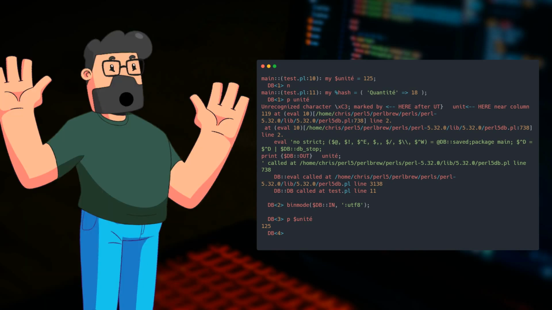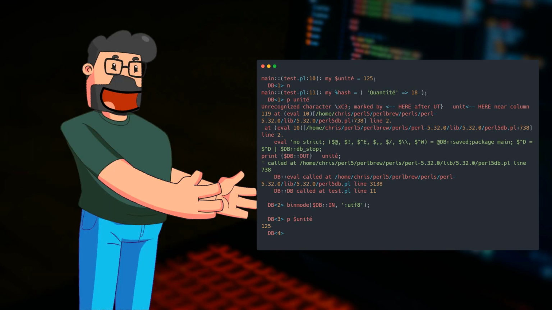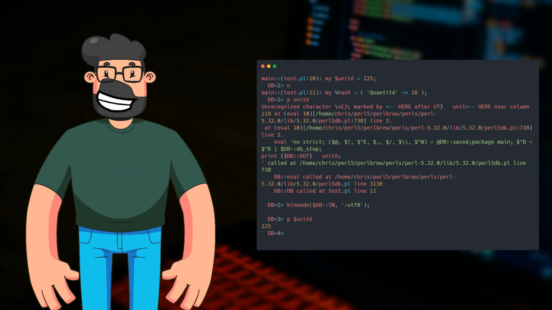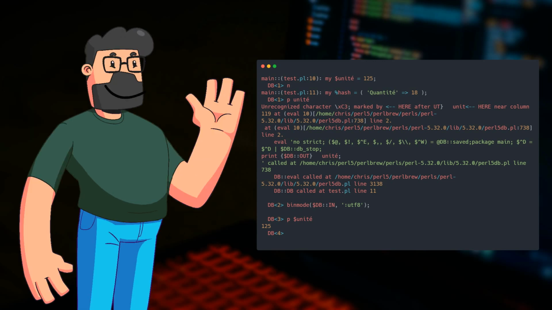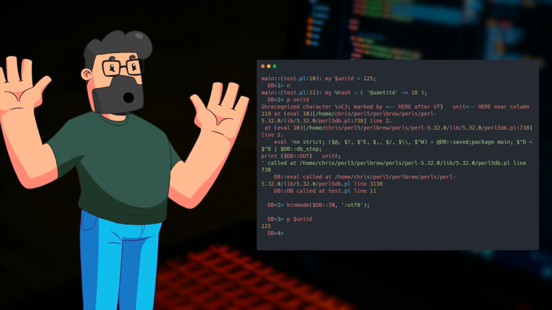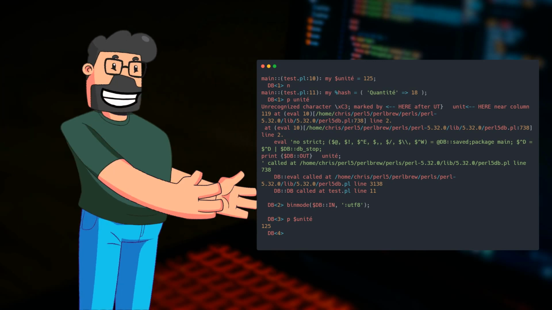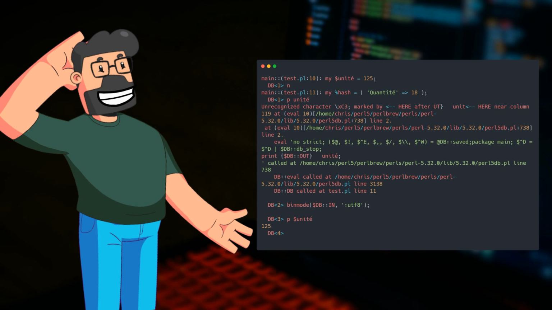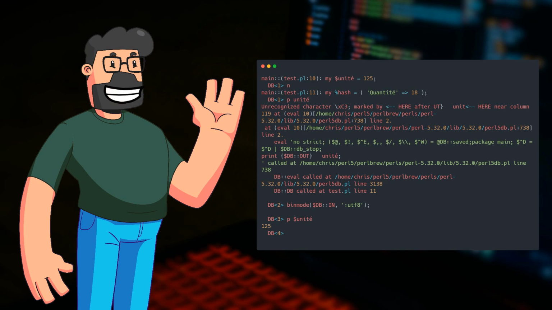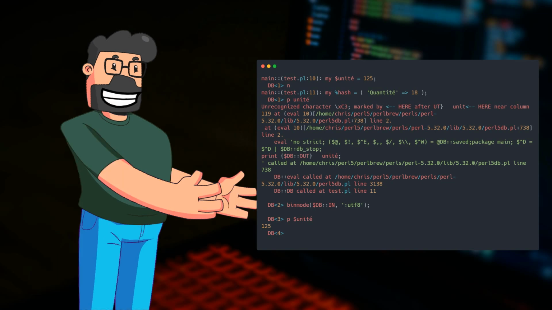Have you set the debugger's input layer correctly? The debugger has its own input and output handles named $db in and $db out. By setting the UTF-8 layer for $db in, you can ensure smooth debugging with UTF-8 variable names. This adjustment will enable you to access and manipulate UTF-8 named variables without any hiccups, allowing for a more seamless